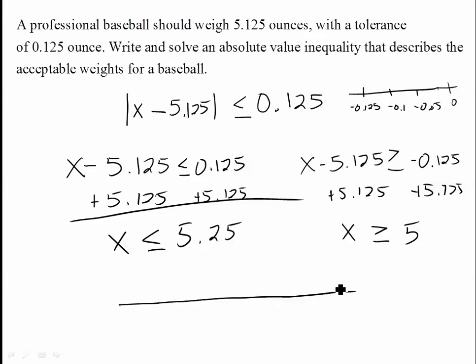If I were to graph this solution, since they're both greater than or equal, both equal to, one greater than or equal to, the other less than or equal to, I'll use a closed circle to indicate the equal to part. The baseballs could be greater than or equal to 5 ounces, or less than or equal to 5.25 ounces. The graph will look like this. Every possible value is between here. 5.125, in this case, would be right in the middle. This happens to be called a conjunction, if they were going